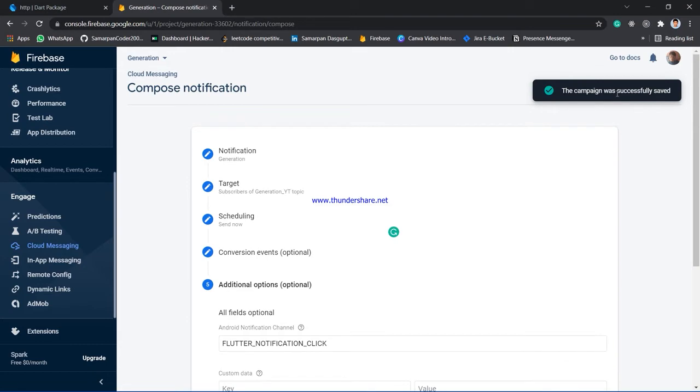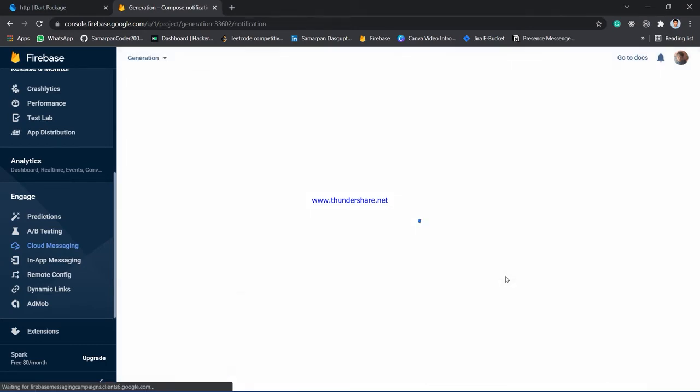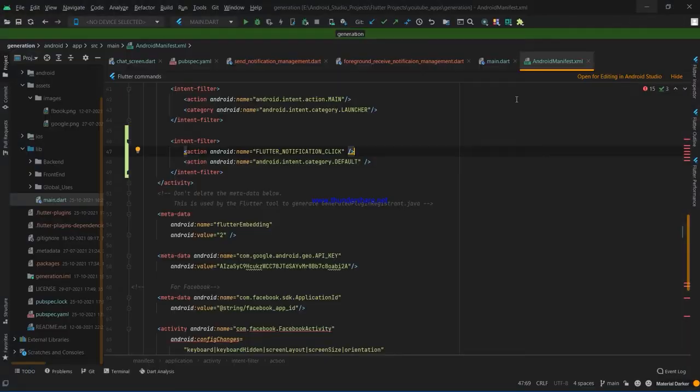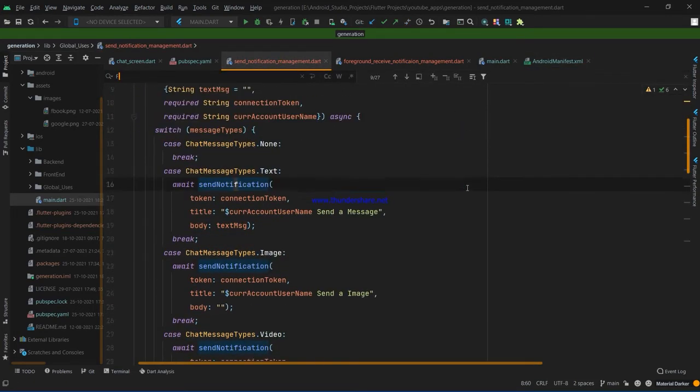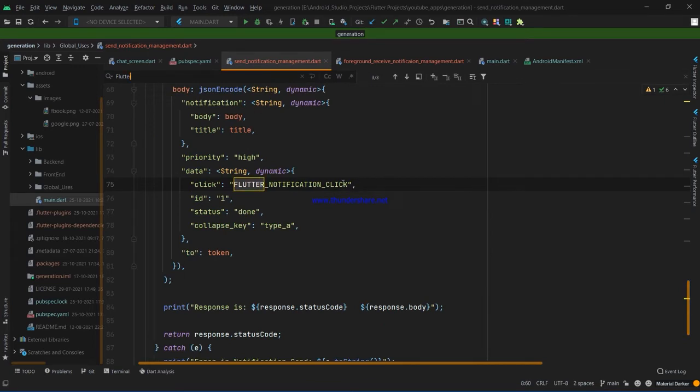The campaign was successfully saved. Thanks. Okay, I minimize it and come back here under main, and make sure that the name Flutter notification click is the same as what we used here, Flutter notification click, so that must be the same.